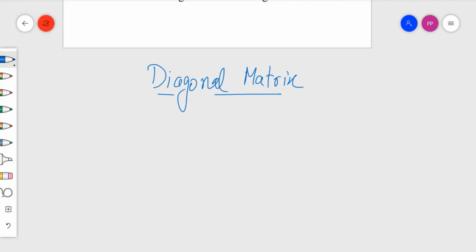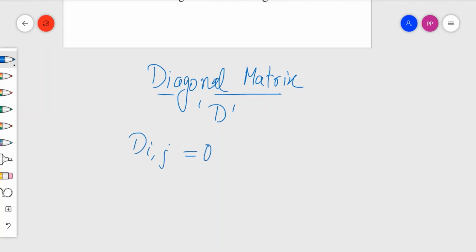A diagonal matrix has its main diagonal with non-zero elements and all other elements mostly zero. So its main diagonal will have non-zero elements, though in some cases the off-diagonal elements are sometimes non-zero. In general, we consider a diagonal matrix in which the main diagonal is non-zero and the off-diagonal elements are zero. So a diagonal matrix is represented by the symbol D like this,